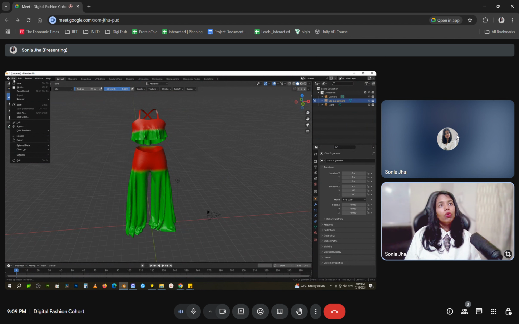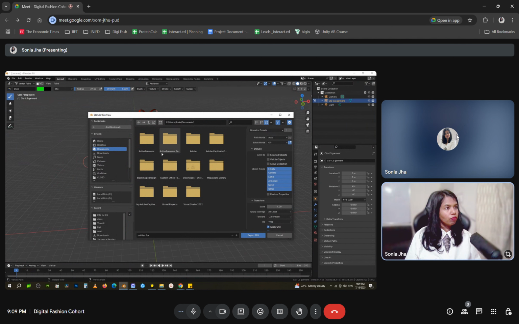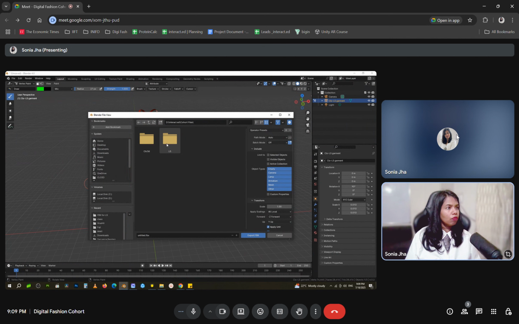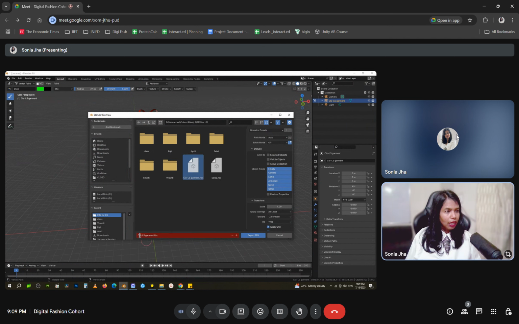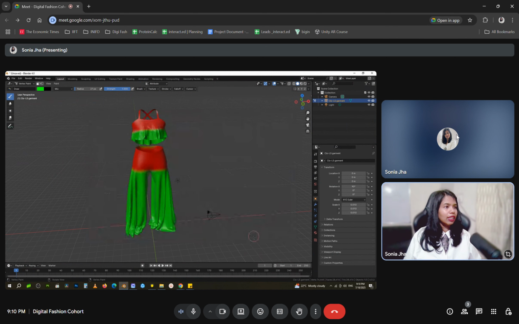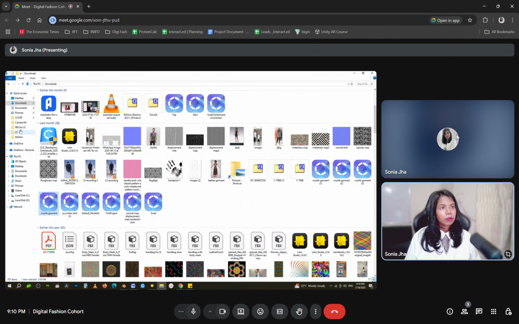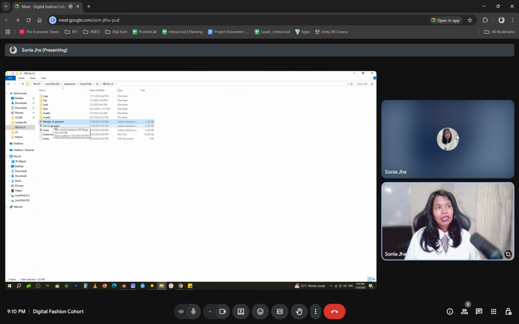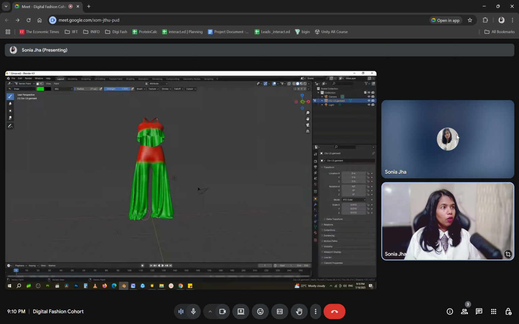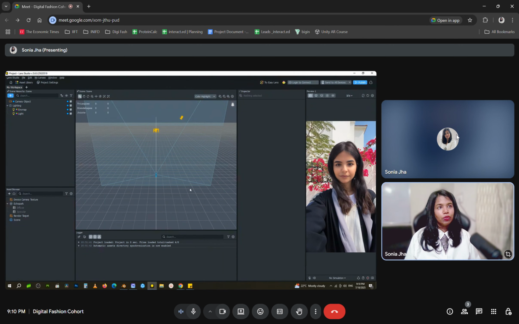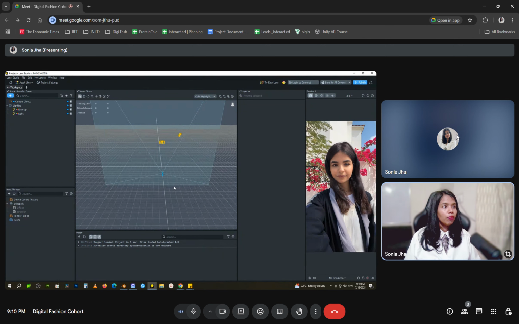Now we will go and export this also as FBX. And this time I'll be naming it Blender to LS. Export. Done that. Now we have two files. One is Blender to LS and one is CLO to LS. Sure. Now we can go from here to Lens Studio, and there we start with the process of importing the